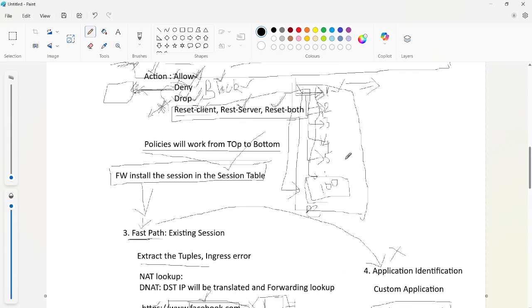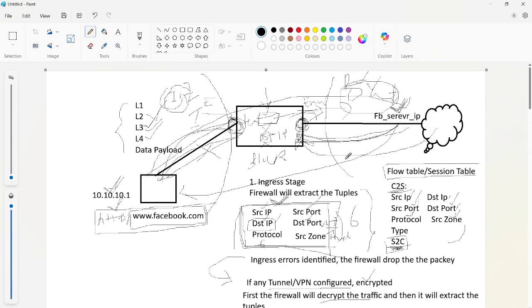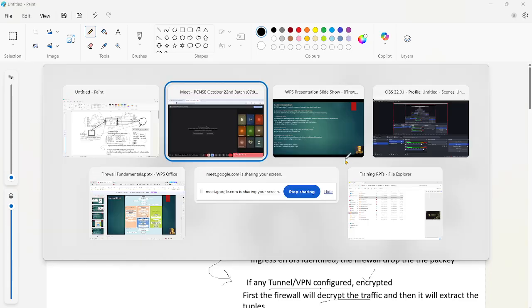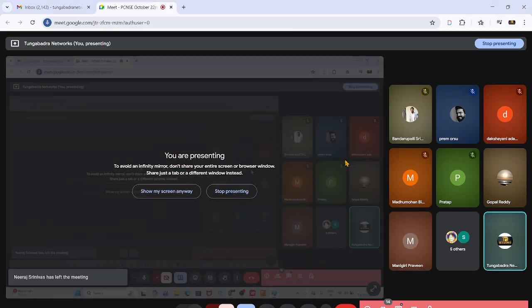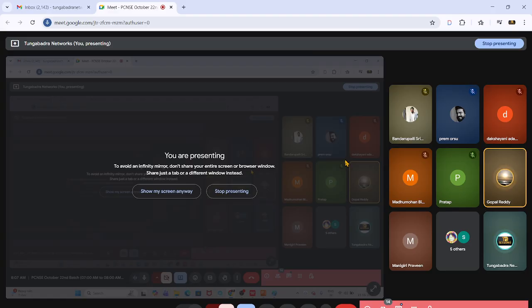Sir, but if I only want to place a filter on incoming traffic, and I don't care about outgoing traffic, is there anything I can do? Sorry, could you repeat that question once? I just want to filter the incoming traffic rather than outgoing traffic because I don't want to waste my resources on whatever goes out from my side. I just want to filter what is coming. So what filter is there in this case?